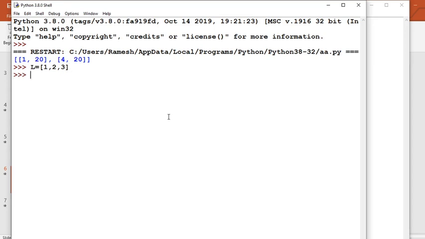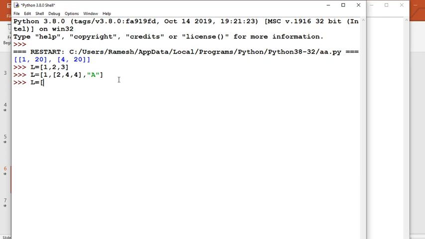This is a simple list that we use. Now L equals [[1, 2], [3, 4]]. This is a nested list, because a list inside a list is called a nested list.